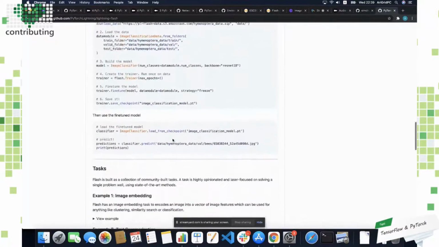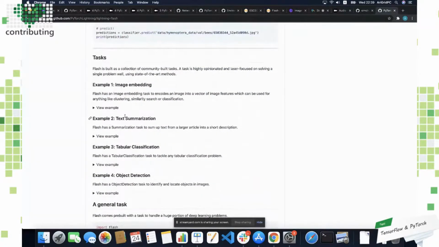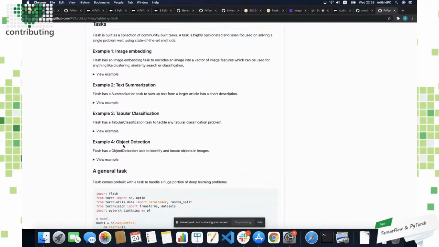And we have samples here for image embedding, text summarization, tabular classification, object detection. If you're deep into it or technical and you have a background in deep learning, we're also going to be doing a community sprint very soon. So it's an opportunity to get involved.